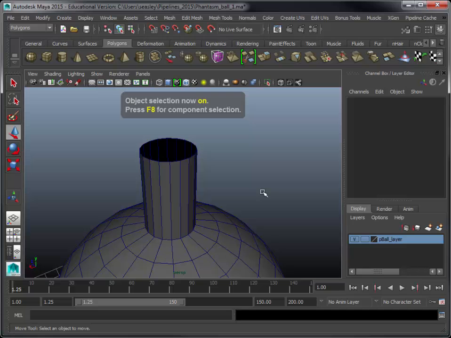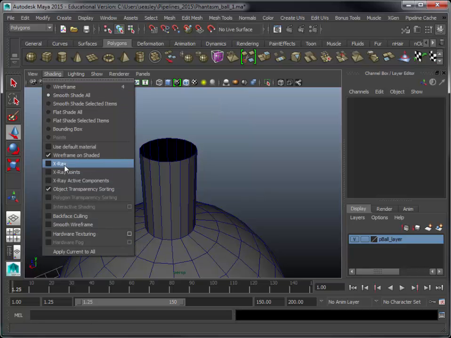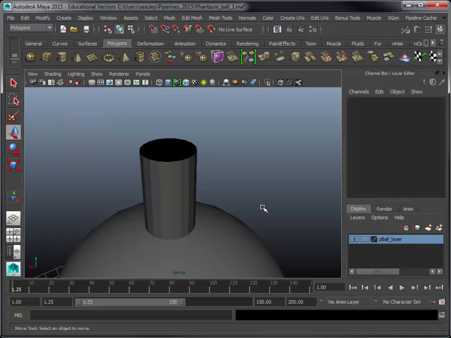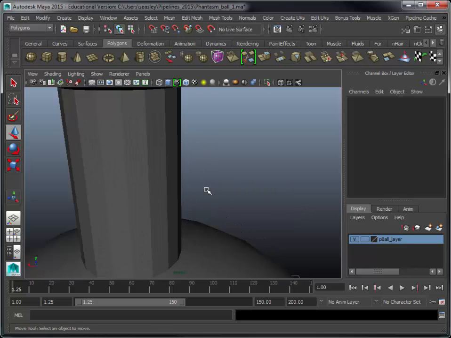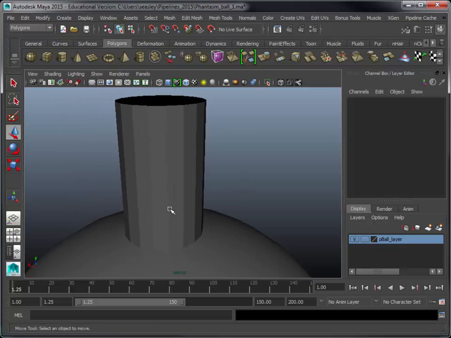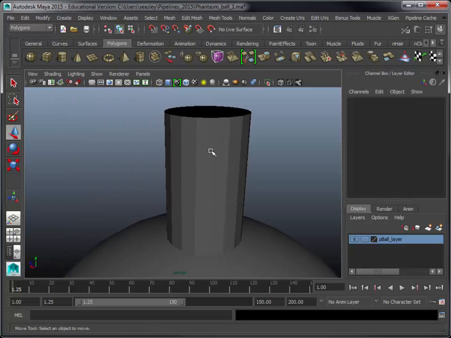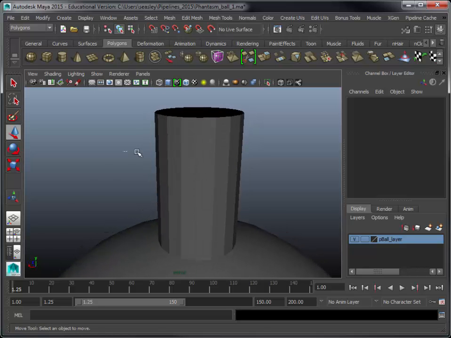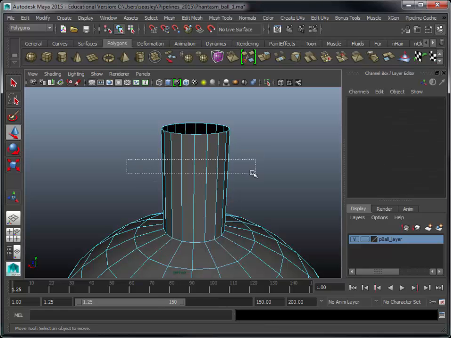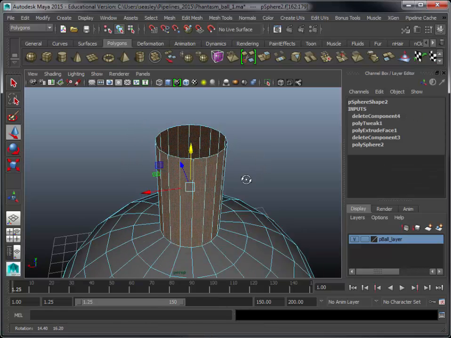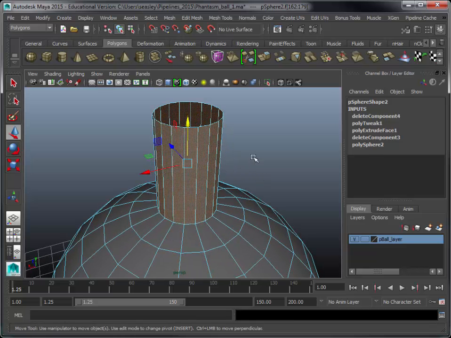F8 goes from object to component. In object mode, and just for the purpose of this visual demonstration, turn off wireframe on shaded. So in object mode, wireframe on shaded is off. You can see that there's this kind of banding, this faceting going on, because when you extrude, you actually extrude polygons whose normals are very hard. And in this case, we don't want that. We want it to look a little more rounded. So just in selecting the faces that are this piston that is coming out of the top of the sphere,